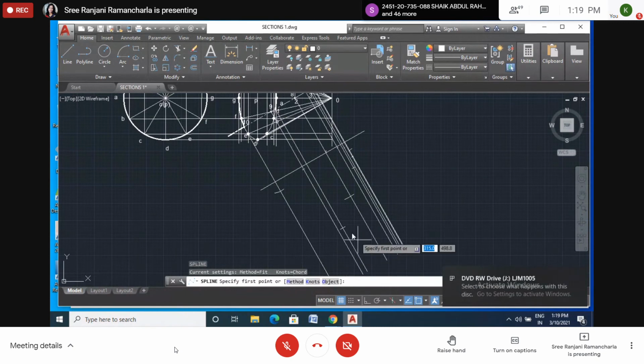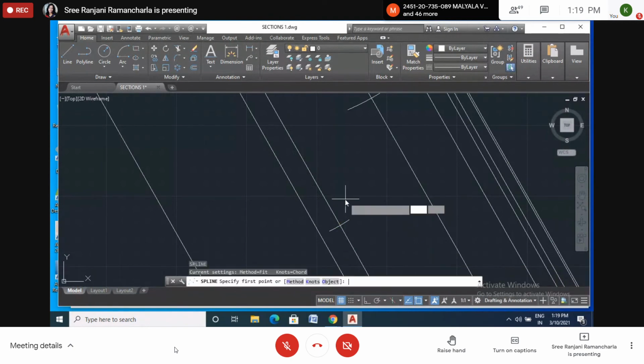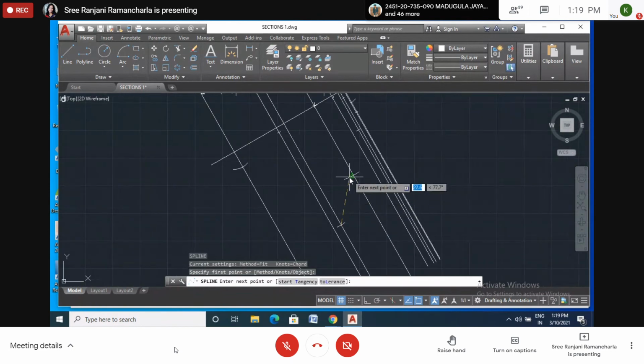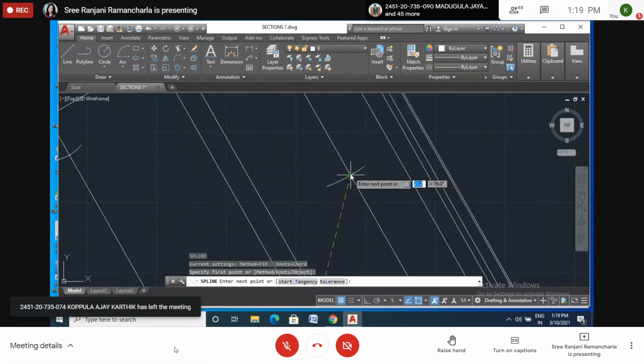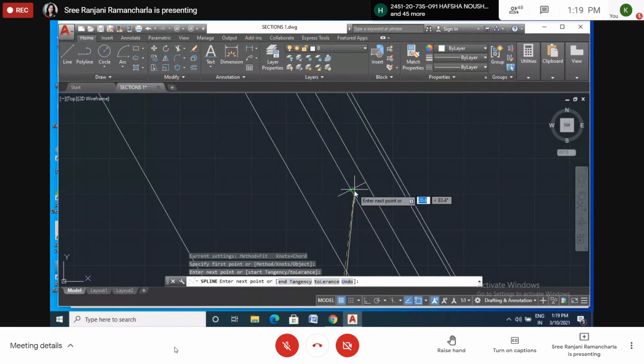Specify the first point. I want to specify from here. Okay. From here. And next one is here. Now see here, it's showing the center line. Don't select this one.